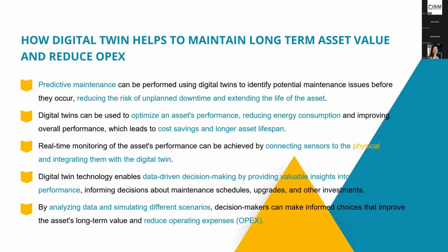So, at the end of the day, if employer information requirements are set in a way that this digital twin is required, it opens up opportunities to maintain long-term asset value and reduce operational expenses. There are a couple of bullet points I would like to leave, and I have 2.5 minutes. So basically, when we have this structured, open digital data at the end of the construction project, during the handover phase,